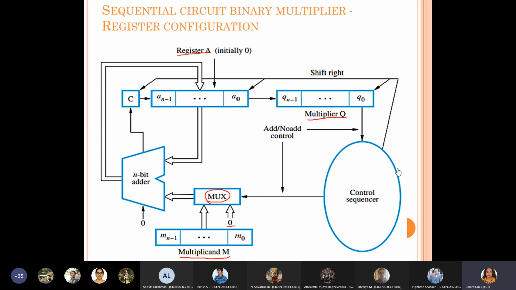Yes, ma'am. Can you tell me how do we decide whether a value should be added or not? In multiplication, how do you decide? In binary multiplication, how do we decide whether M should be added at the next stage or not? Ma'am, no idea. How has it been decided here?